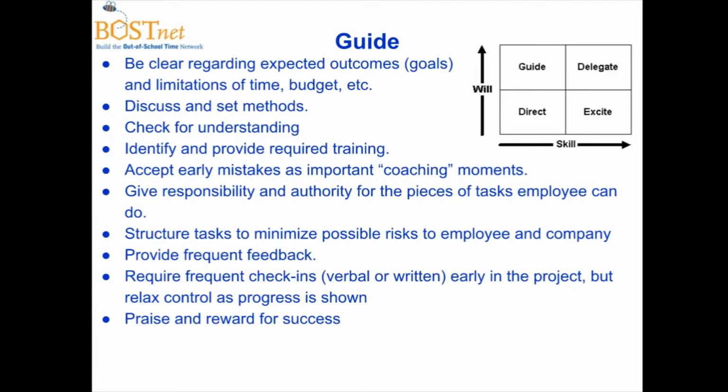And people can fall in all different quadrants here. Again, they might move, right? Maybe their will changes. You're going to hopefully see those skills build over time. And so there are ways to work with them and provide feedback that are best depending on which quadrant they're in. So we'll start off by looking at high will, low skill.